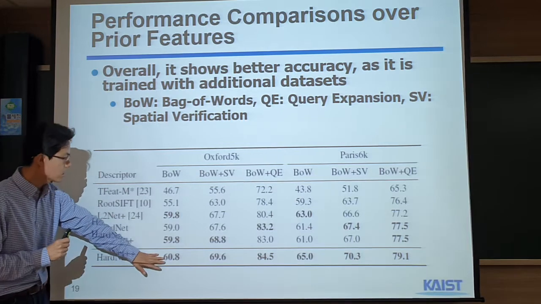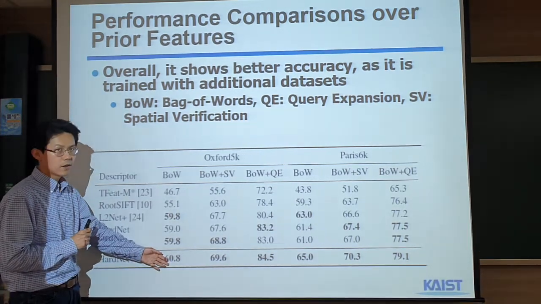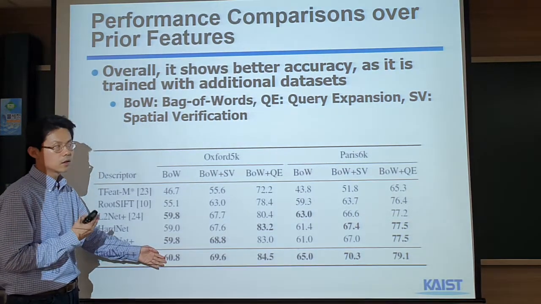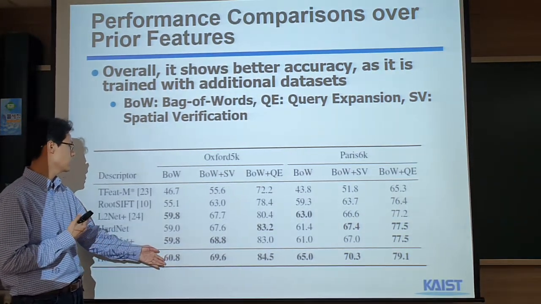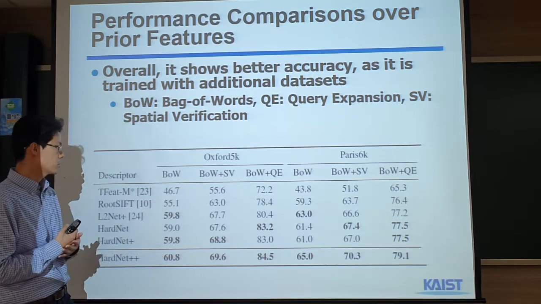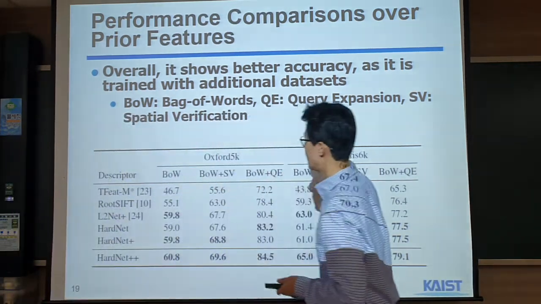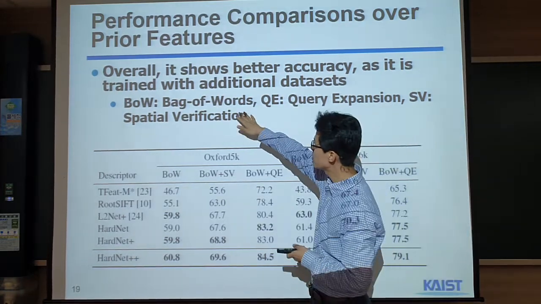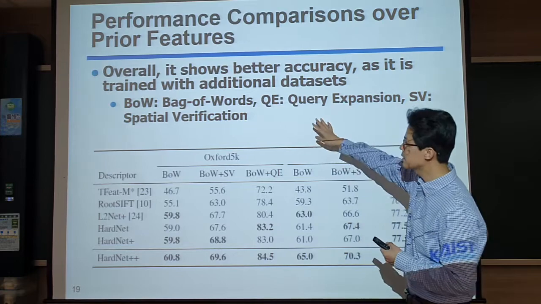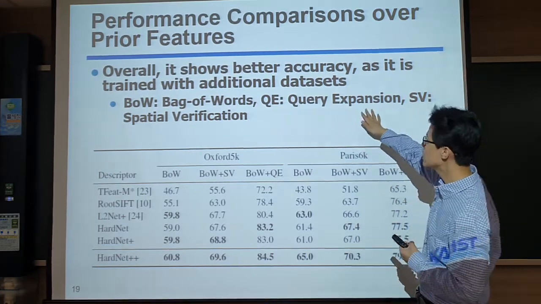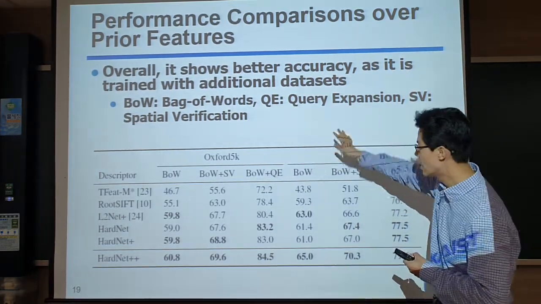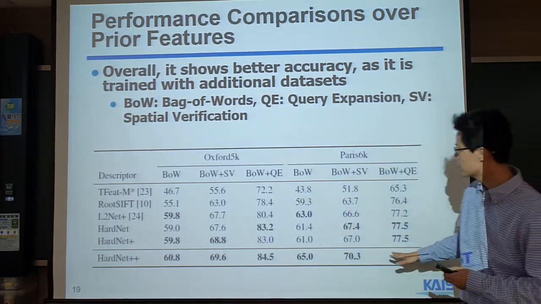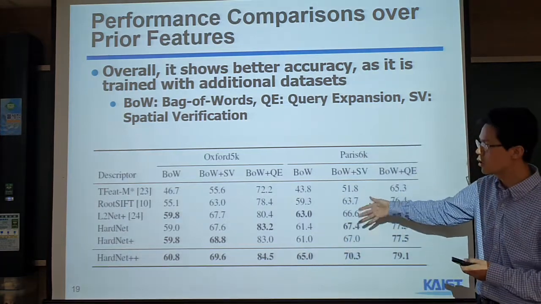This is actually their result. As you can see, a higher value is better in terms of accuracy. They're showing that their deep learning technique gives a better descriptor and better accuracy over SIFT, actually over different contexts. So we can design image search with a BOW, bag of visual words. Also we can consider bag of visual words with query expansion. Also spatial verification, right? Along with the different combinations, they show that their feature gives a much better result over the prior work,